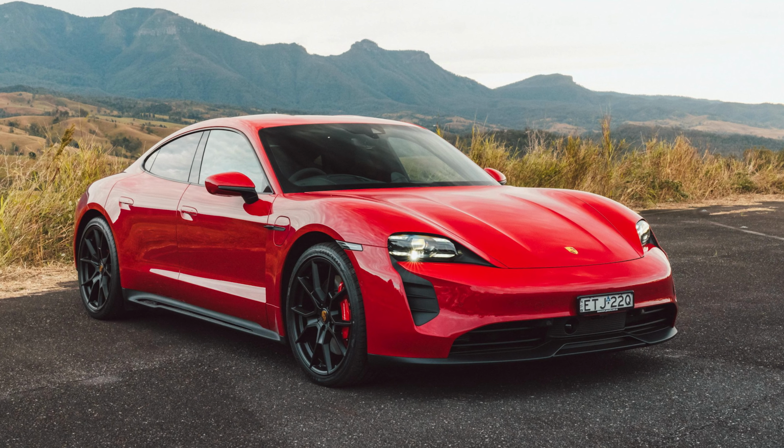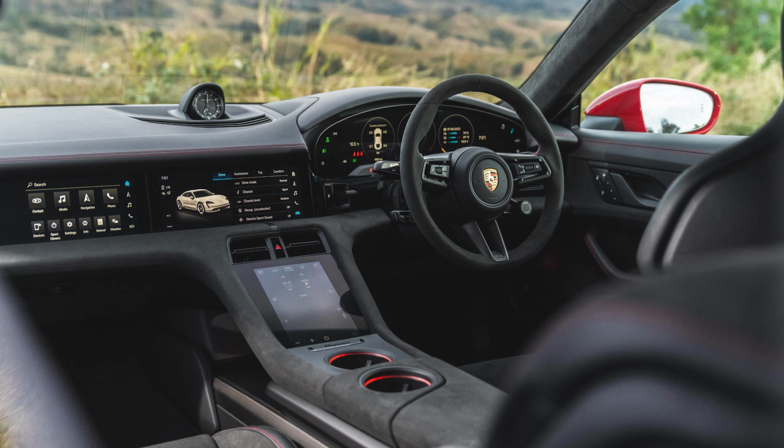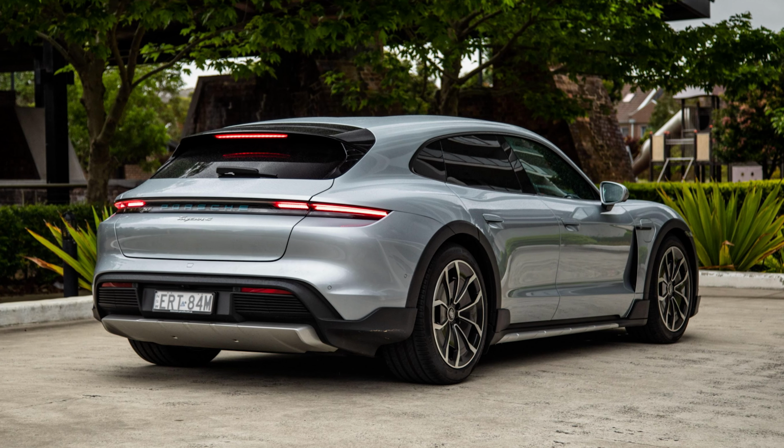And it also comes with a not as practical as it actually looks like it should be, Cross Turismo wagon version, which I think looks amazing, but maybe isn't as practical as it probably should be for a car that's nearly 5 meters long. Now, if it was me and I'm spending my imaginary $250,000, I'm not buying an electric